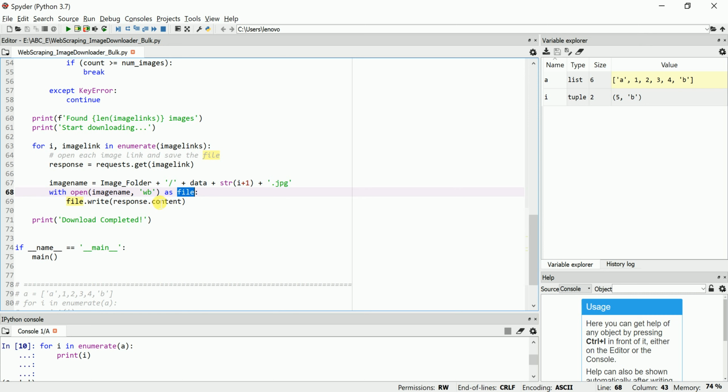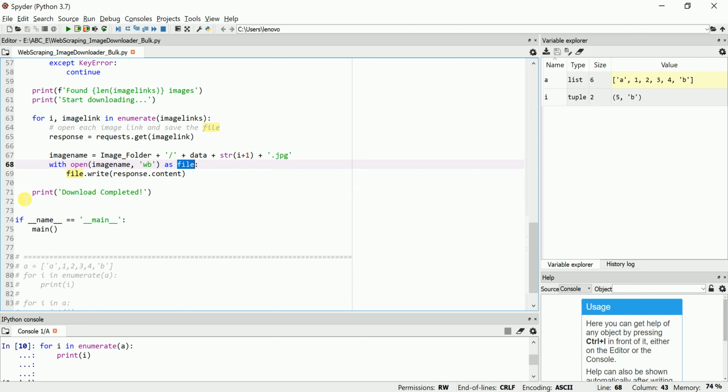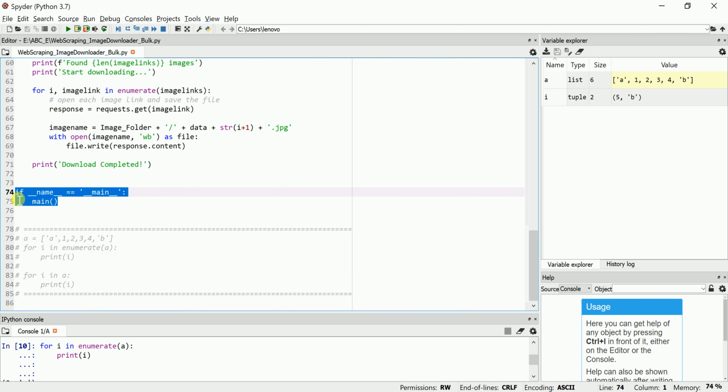That means I am just pasting those photos into that folder with that name and content, and once done it will print download completed. Okay, I hope everybody knows this.